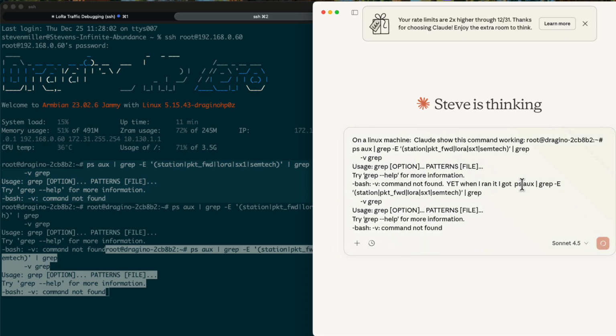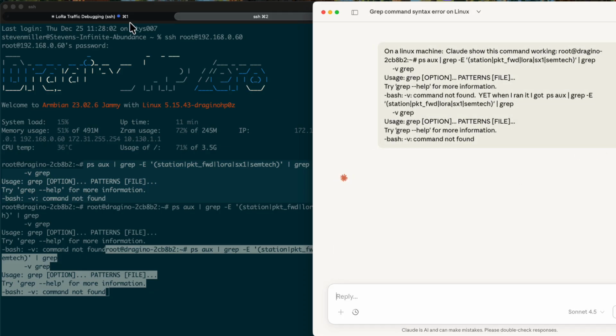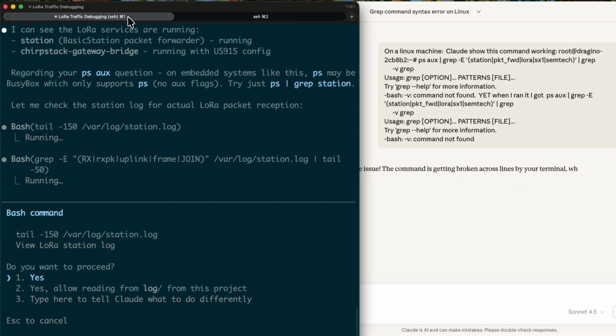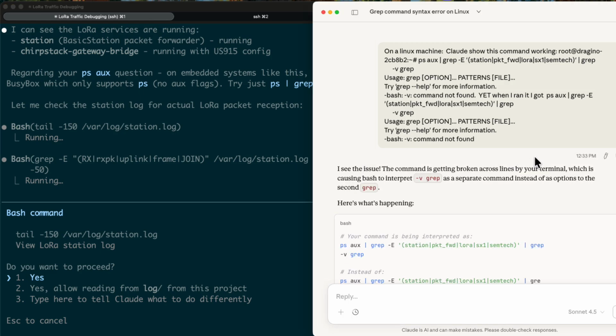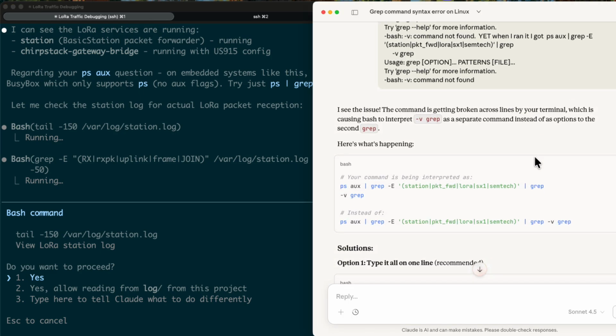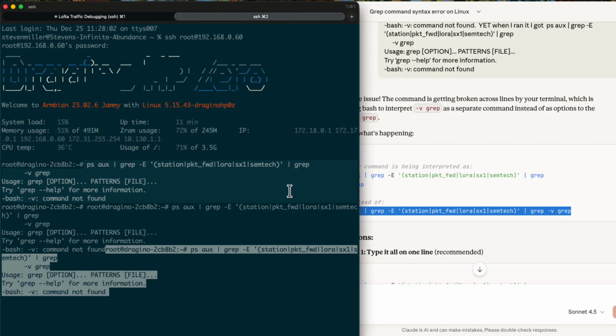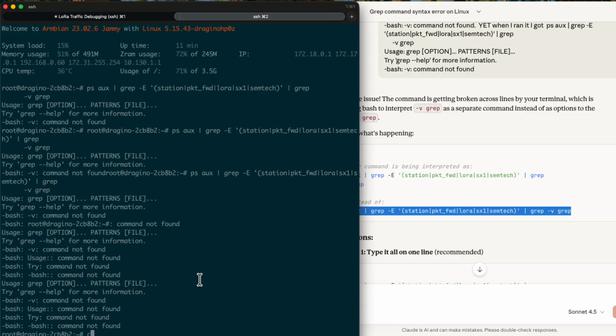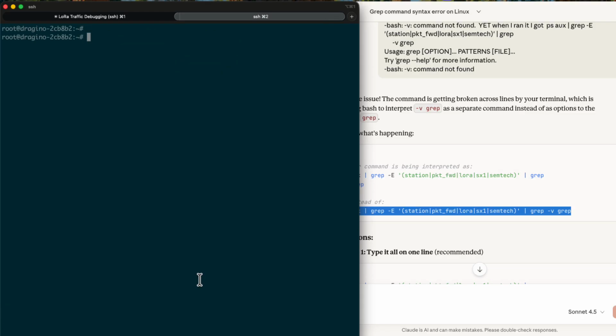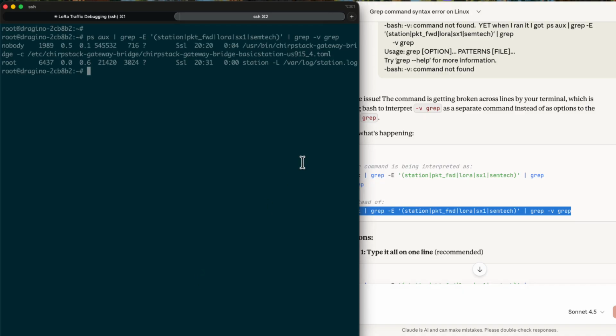We'll do this. And so I can let that one run at the same time, and sometimes, oh, I see the issue. The command is broken across lines. Oh, okay, perfect. All right, there's a really quick kind of, we'll come back, something to know. When it does this, I need to make sure that comes back online. And I'm going to go clear just so we get to the top, and we're going to run it. All right, and so now we're seeing the same thing that we were. Now we can kind of see, hey,